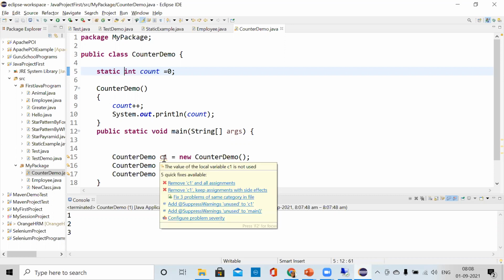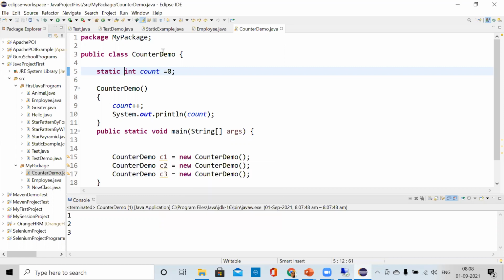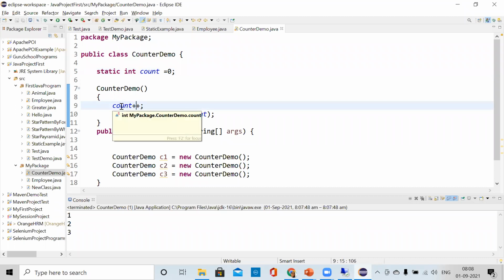Why? Because the static variable allocates the memory only once. Once the counter is 0, next time it won't be reset to 0. It will save that value. It will save the value 1 if you increment it.